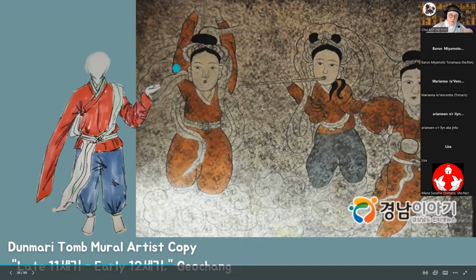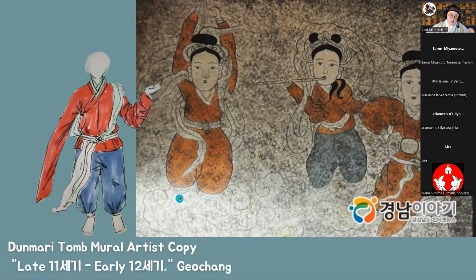And so you can see here a very, I heard this described as Taoist, very Taoist style, where it's kind of freehand, kind of folk arty. It's not attempting to be realism or anything. So like the style when you look at this, and this again is a really deteriorated tomb wall. So this is an artist tracing and copy.